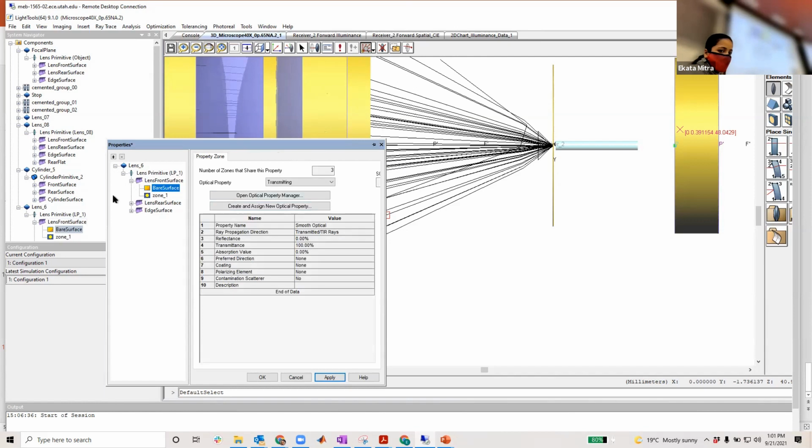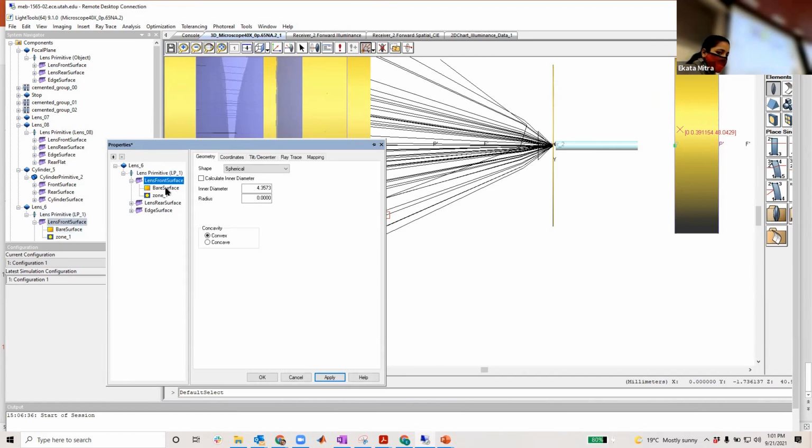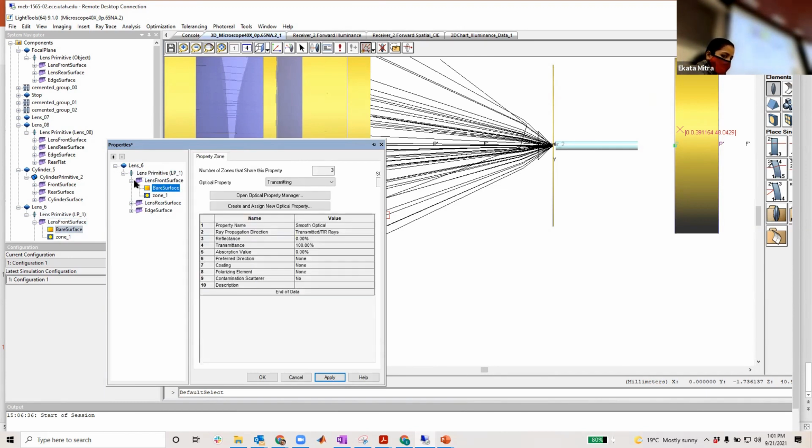Okay. So how are you going to change it? Lens, then the surfaces. Then if we expand it, there is a property, transmitting, absorber, and you can make your own. You are free to create a new property, or create and assign new properties.